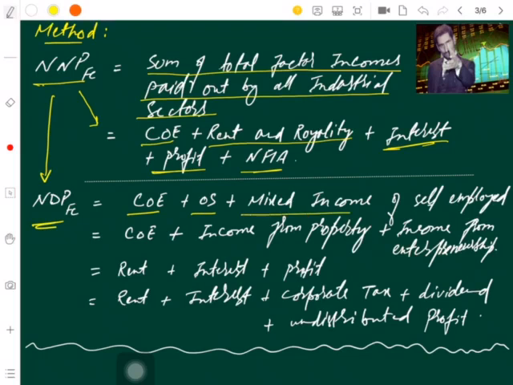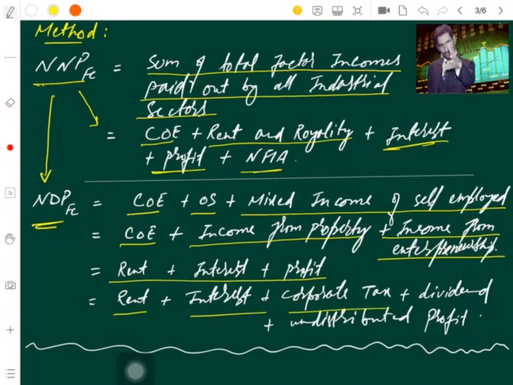Okay, mixed income of self-employed. Or you can term it one more way: compensation of employees, income from property, income from entrepreneurship. Income from property and income from entrepreneurship is the same thing. Or rent, interest plus profit. Or you can say rent, interest, corporate tax, dividend, undistributed profit. This is how he is going to ask you. That means one is leading to the other, leading to the same thing. A is equal to B is equal to C type of things. So now we are equipped enough, after understanding what the method is all about,